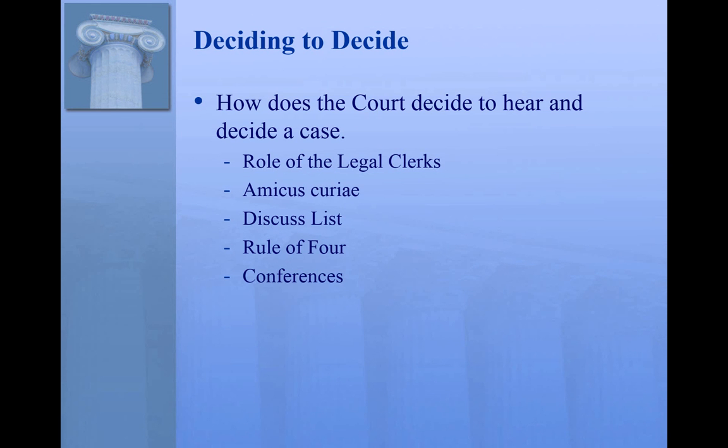These conferences in which the justices consider the discuss list occur throughout the term. There's a very big one at the beginning of a term called the long conference, but others occur throughout the term, about every 2 weeks. And at these conferences, the court considers cases on the discuss list, but it also votes on how to decide cases that they have already heard in oral argument. These are the cases that are given full treatment by the court. The justices will take an initial vote, and